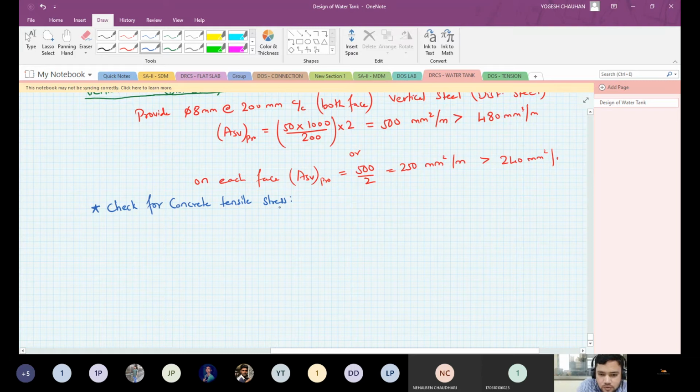Tensile stress sigma CT is equal to the tensile force divided by the